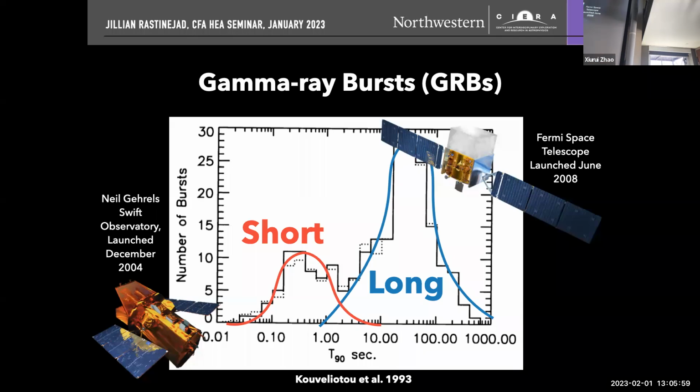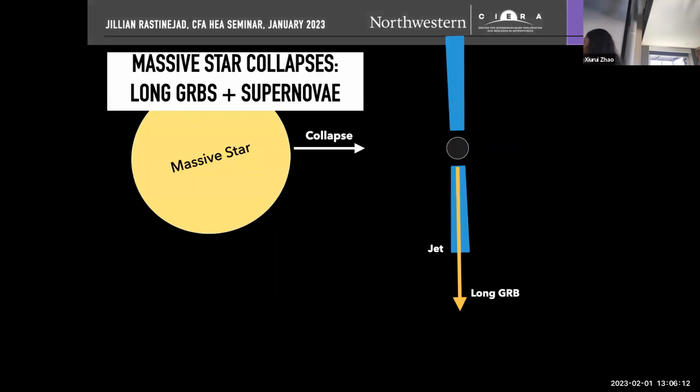And we didn't know what they were just from their gamma ray bursts alone. And so many other missions were launched, including NASA's Fermi Space Telescope and the Neil Gehrels Swift Observatory. And these are still both flying and detecting gamma ray bursts to this day. So now I'm going to skip ahead a lot of years and a lot of discoveries and work that people